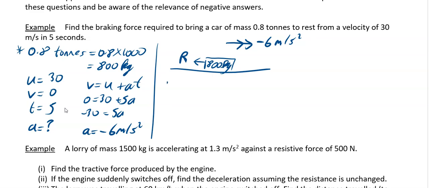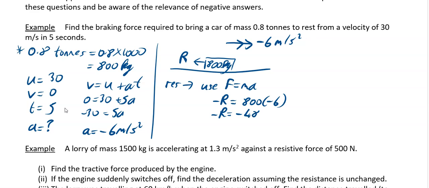So I'm going to resolve horizontally, and I'm going to use F equals MA. Now, the arrows are important to use. My arrow is going to the right, my R is going against that, so it's minus R is equal to my mass, which is 800, times my acceleration, which is minus 6. So minus R works out to be minus 4,800, and then that means R itself is